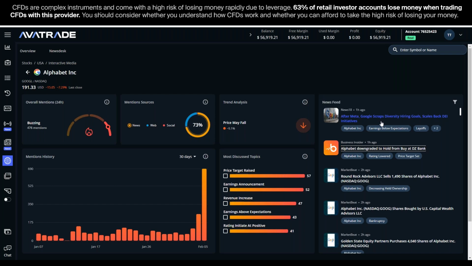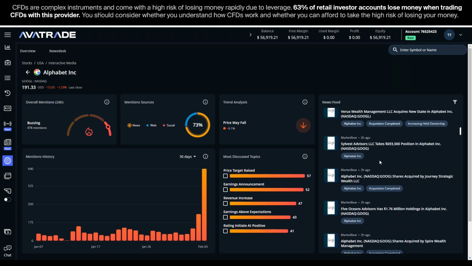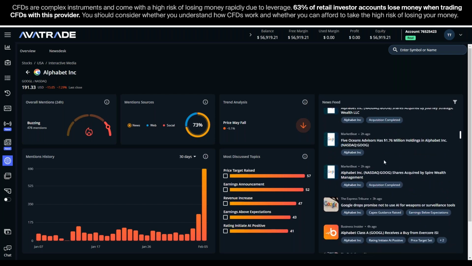That maybe will help save them on their bottom line. I don't know that that's a negative story for whether you want to buy or sell on them, but it is about Google. And you could scroll down and find, are there any articles here that might help sway me as to whether I want to go with this sell signal from Trading Central.